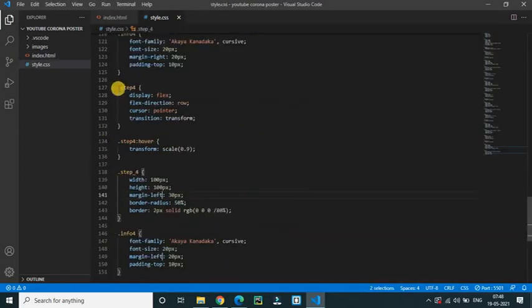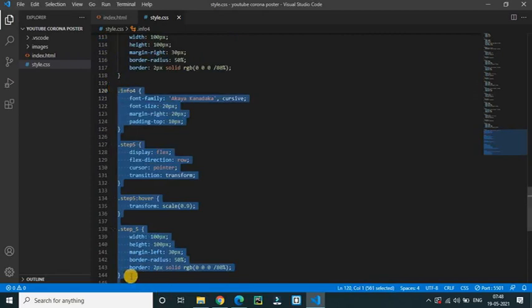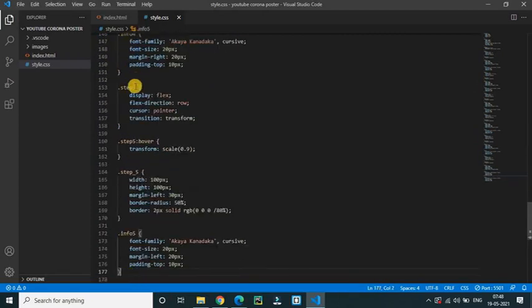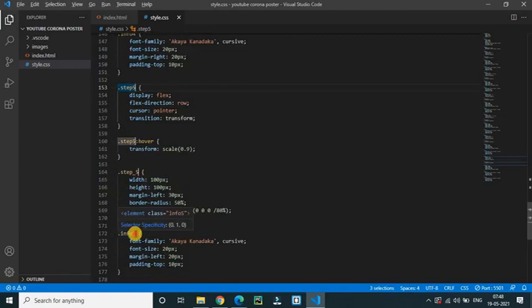So now let's write the code for our CSS. So I forgot to change this one to 5 and I will copy this and I will paste it here and I will use the multiple cursor here and I will write this to 6 and I will rename this to row-reverse and I will select this, left, and I will write this to right. Okay,